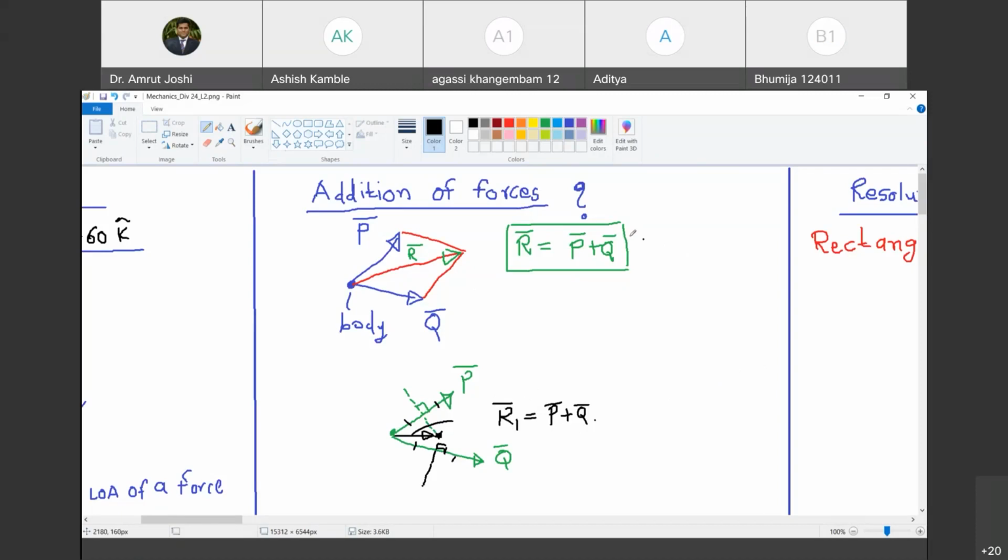Because you anyway believed one form of geometrical construction without questioning. We were taught in 11th and 12th standard that vectors are added using the parallelogram law. Force is a vector, so add them using the parallelogram law. But if you can believe that construction, what is the hindrance in believing another form of construction and adopting it as P bar plus Q bar, is the question. At least have you got the philosophical argument? Yes, sir. Okay, fine. So let us go back to Aditya.